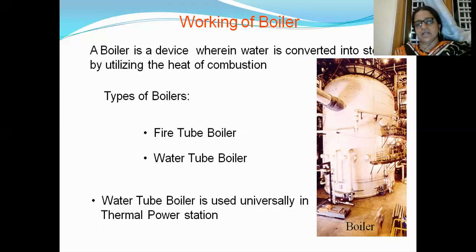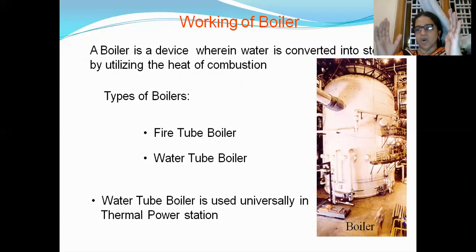Again, there is another type of boiler known as the fire tube boiler. In this boiler, water will be there, and through the tubes you allow fire, but that is not a safe method, and it is not much advantageous over water tube boilers. It has more disadvantages, so fire tube boilers are not adopted. Why? Because the tubes get damaged easily, and the repair of the tubes will take a lot of time. So they prefer to use water tube boilers.